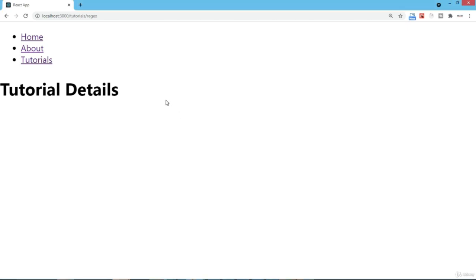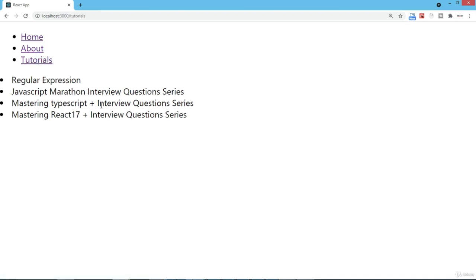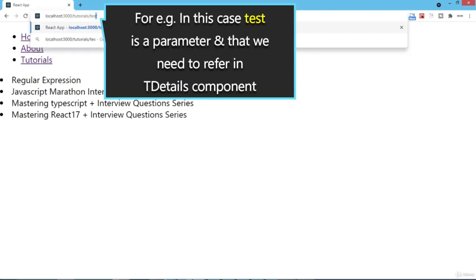Now again, I'm clicking on the tutorials link. If you click on any of these items, the dynamic route, the dynamic value which you have, that value may have different decision making while displaying the detail page. In short, what I mean to say is that the value passed with the parameters needs to be referred in the tDetails component. How can you do that? Let's go back to the